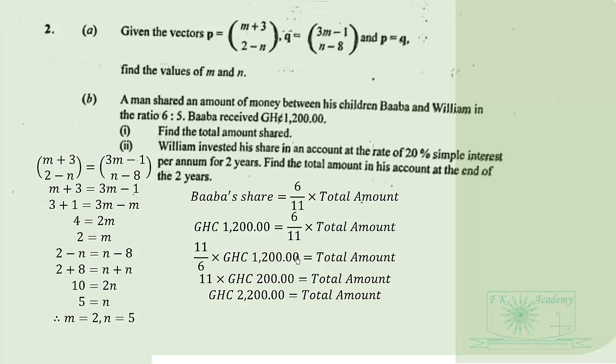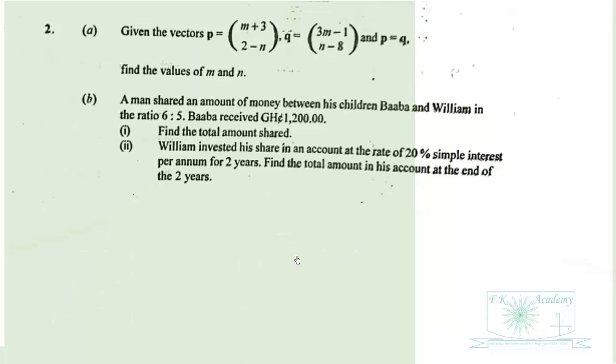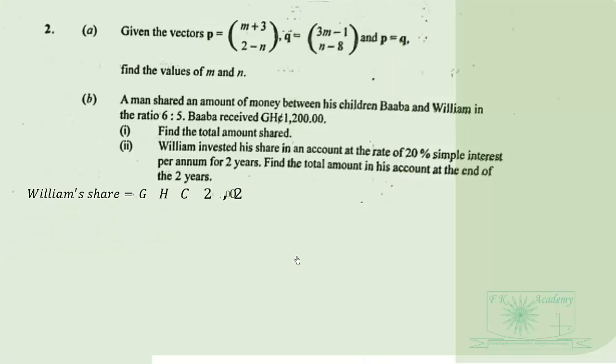Then we're told that William invested his share in an account. So William's share will be equal to 2,200 minus 1,200, which is equal to 1,000 Ghana cedis. So you could also use ratio to arrive at the same answer. You don't have only one correct method. All right, so William's share is 1,000 Ghana cedis. So this is the principal that